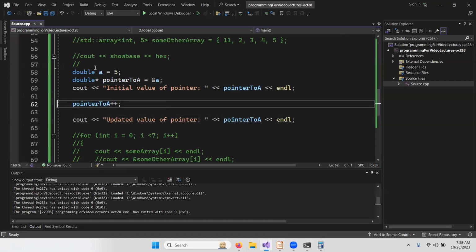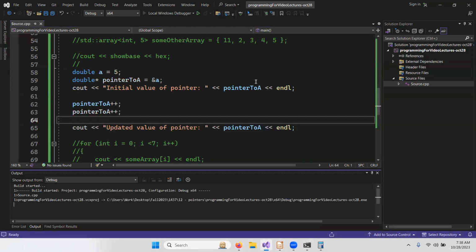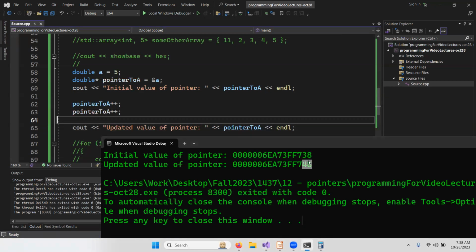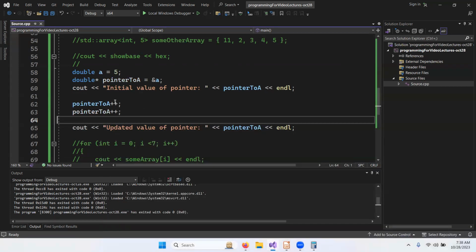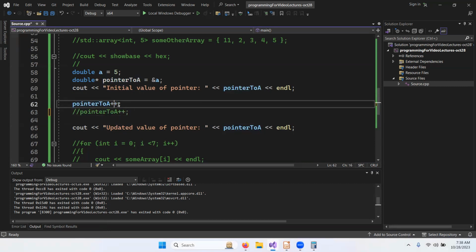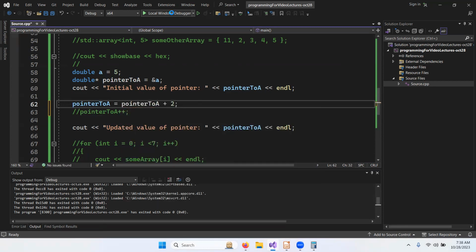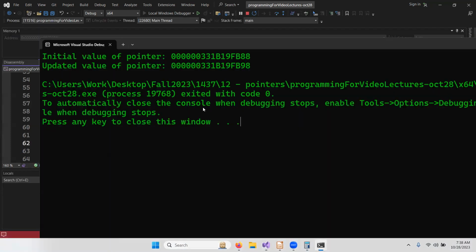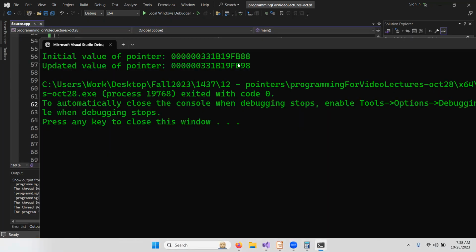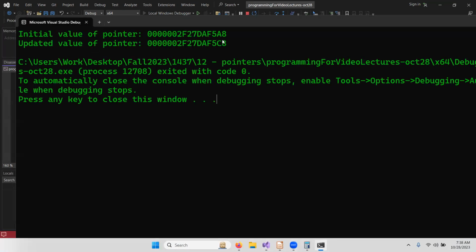If we increment twice, we go from 3.8 to 4.8. If we decrement or add 2, pointer to a equal pointer to a plus 2. This is an alternative way of stepping through an array, a raw array. So we see 9.8 and 8.8. Hopefully that makes sense. If we add 4 or subtract 4, we're going to step forward